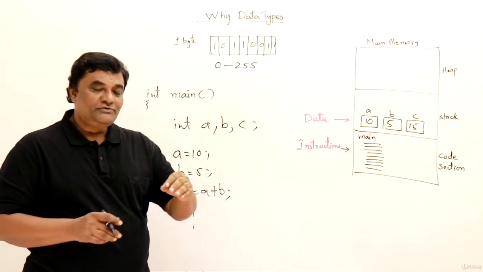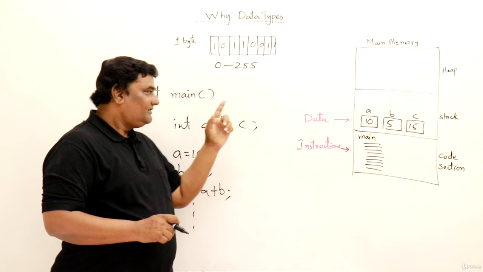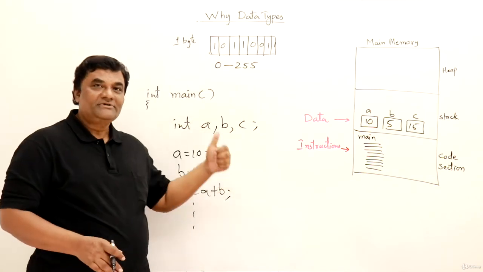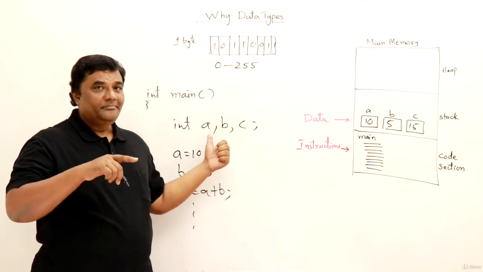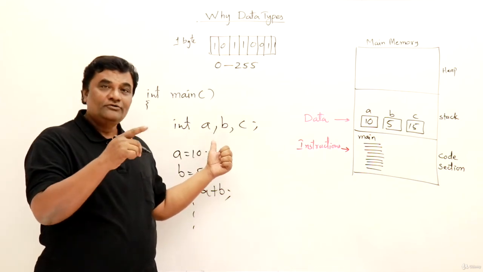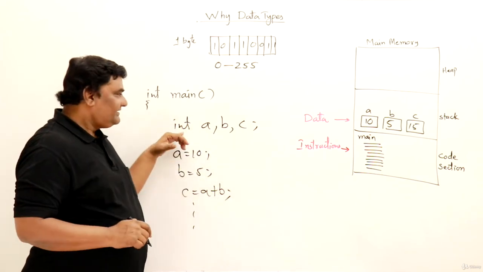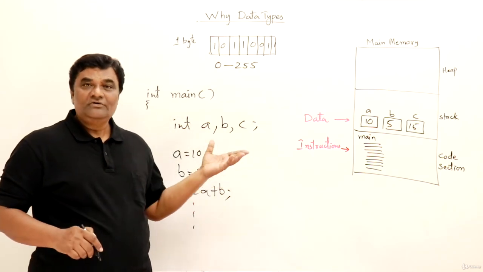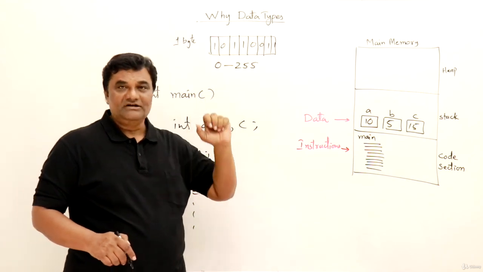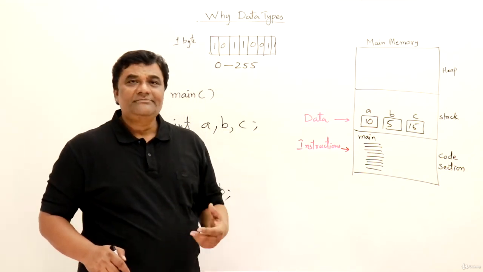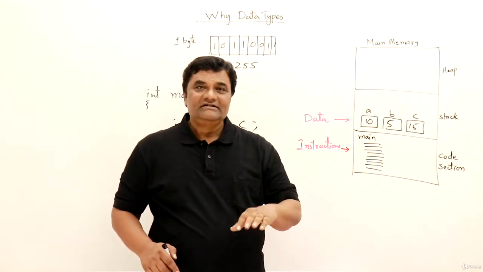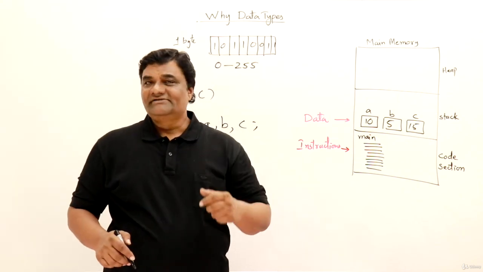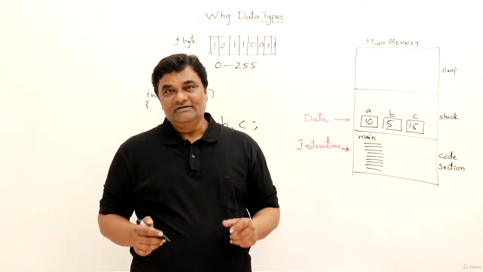So a variable is used for storing data. Then next, what type of data? You must mention the type of data also. Based on that, we can have the value of that data type. See, this integer doesn't allow decimals, so we can use only integers. If you want float, then declare it as float, then you can store float numbers also. These concepts we will learn in detail in coming videos. This was just an introduction. So continue with the next video and you will learn details about data types.